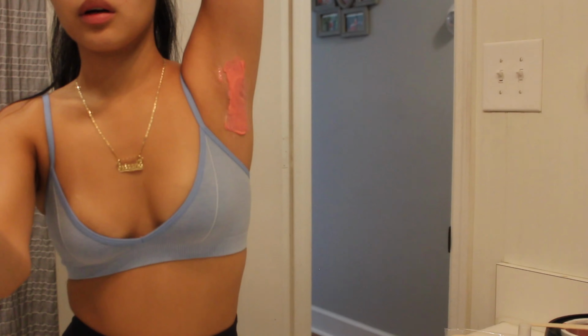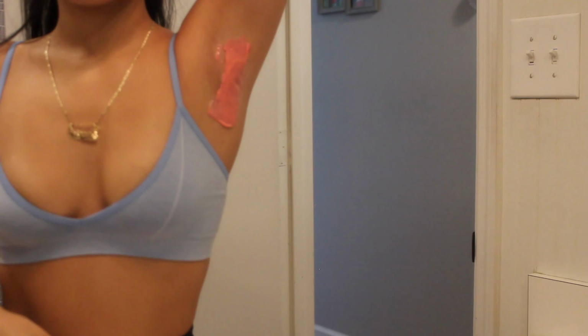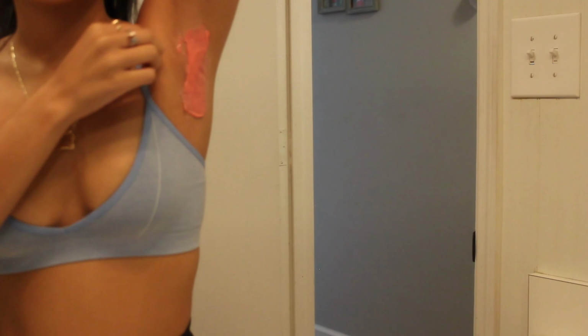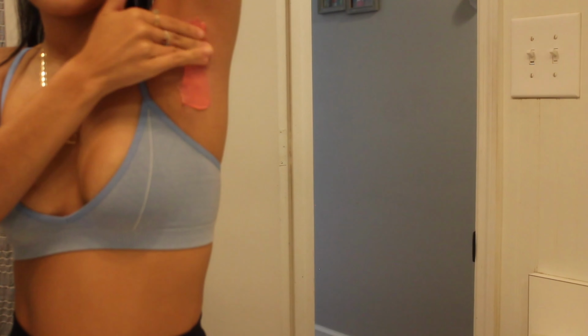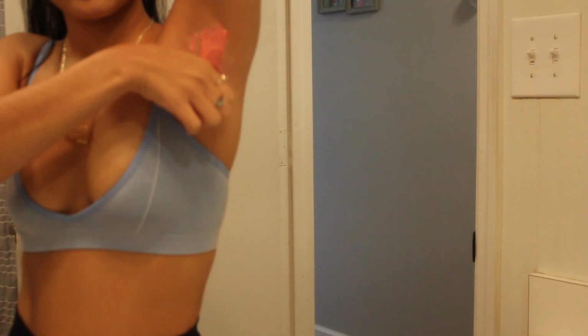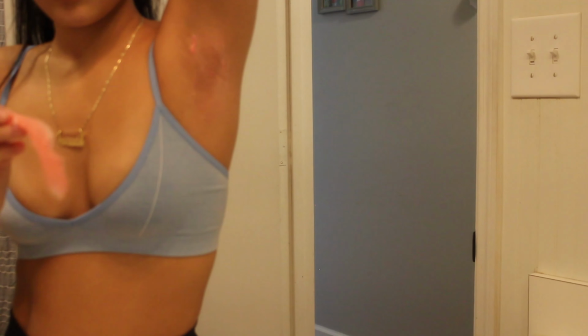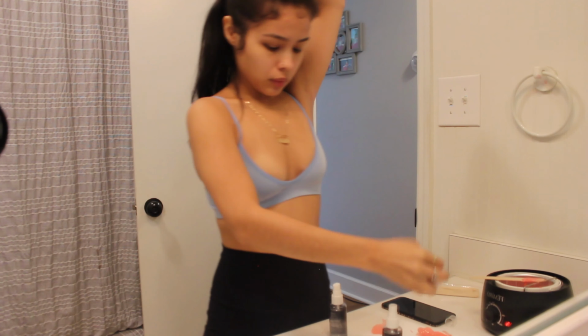So I'm gonna put y'all kind of close so y'all can see when I pull it off. The less hair you have, the less it'll hurt, so it only hurts when you have hair. So I'm gonna let it sit for a little bit longer. But that is pretty much it. Now I'm just gonna go ahead and spray the post wax once again, and then grab